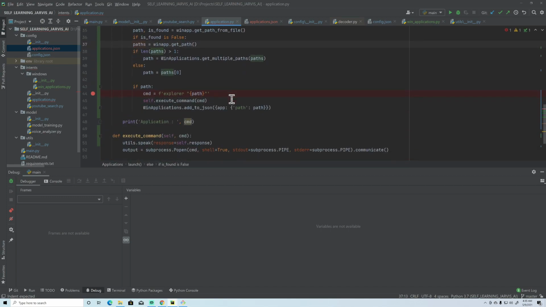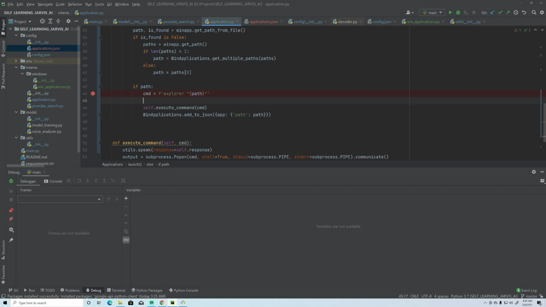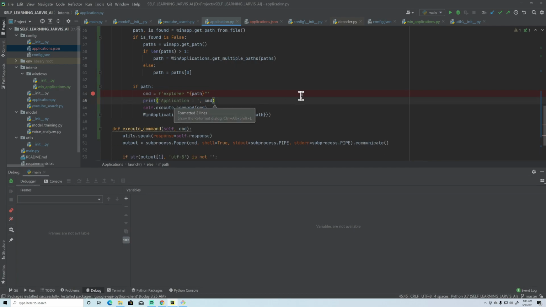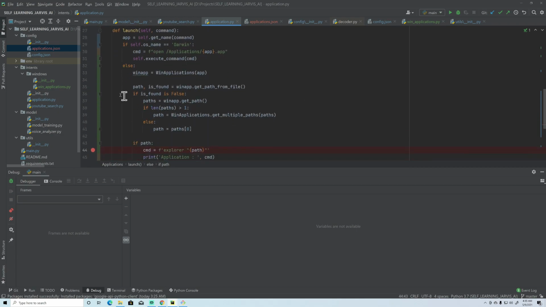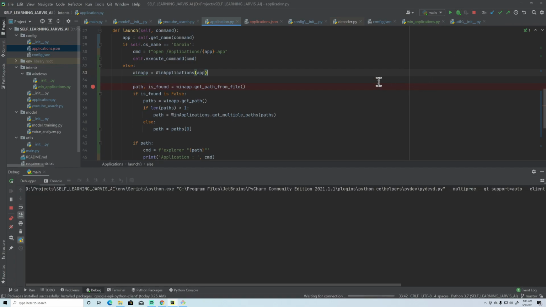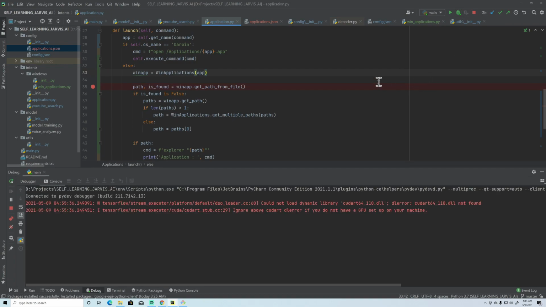And this will execute here. That's it. And this is the command, so we will have it here. Okay, cool. So yes, now let's debug this here and run it again so that we can check whether we are getting the things or not.